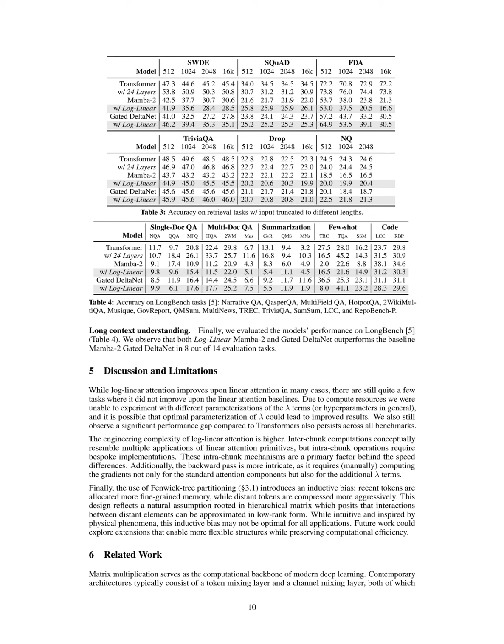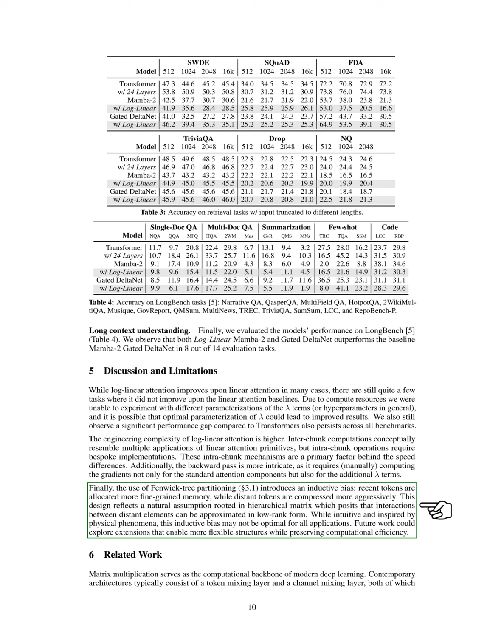Section Summary. In this section, we evaluate our models on various benchmarks, finding that log-linear variants generally outperform their linear counterparts, particularly in perplexity and common-sense reasoning tasks. We also discuss the challenges and limitations of log-linear attention, including its engineering complexity and performance gaps compared to transformers, while suggesting that future work could explore more flexible structures for improved results.